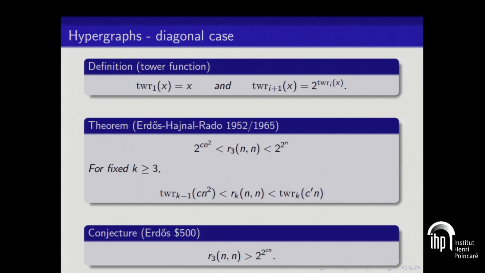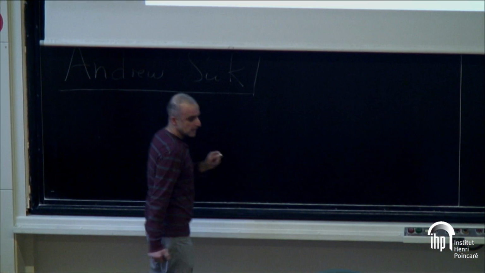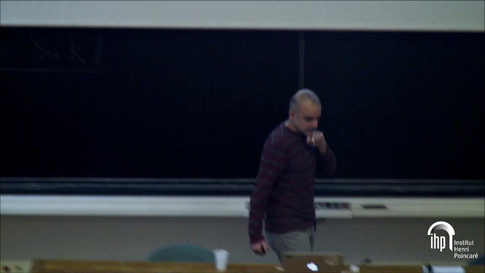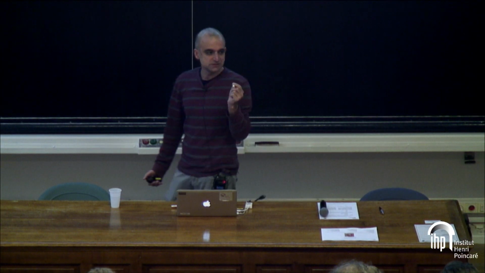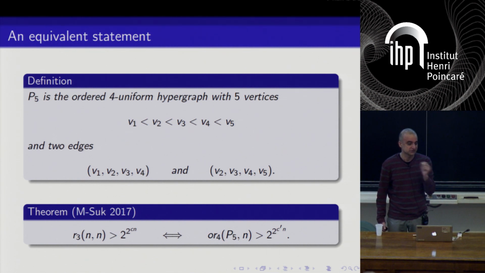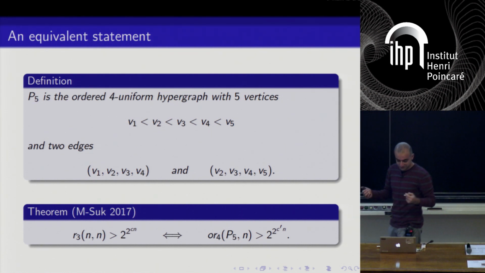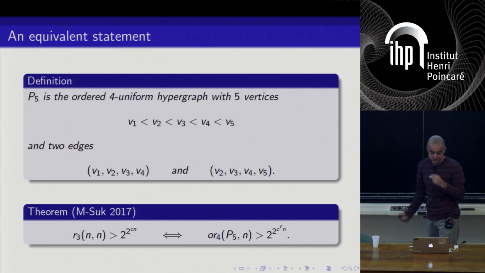I have something small to say about this. I should say before going forward that I'll be speaking about a lot of results, and all of them are joint with my ex-colleague Andrew Suk. And here's a little theorem that we proved, and that is we reduced the diagonal Ramsey problem to the following very, very simple to state off-diagonal Ramsey problems. Off-diagonal Ramsey problems, sometimes you feel they're easier to solve. So we're quite excited when we made this formulation, but of course it's equivalent.